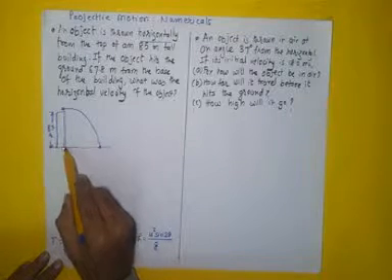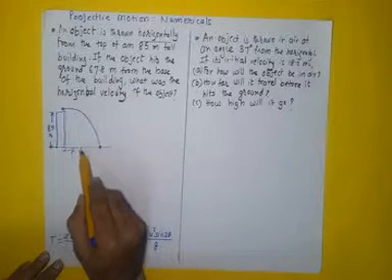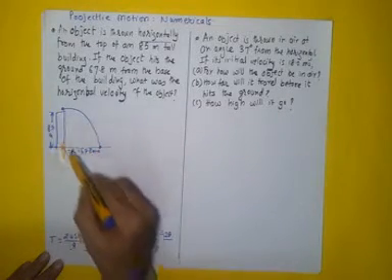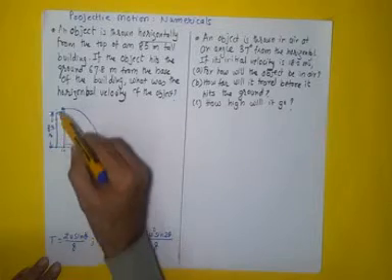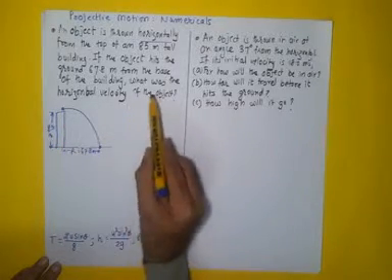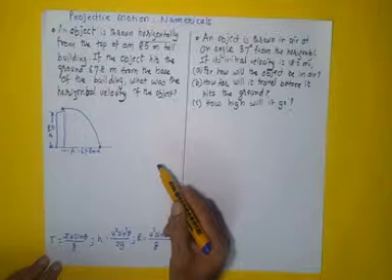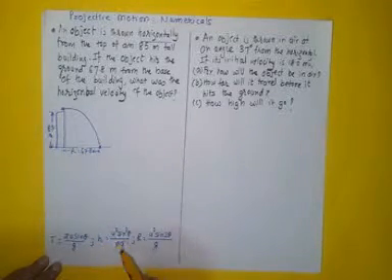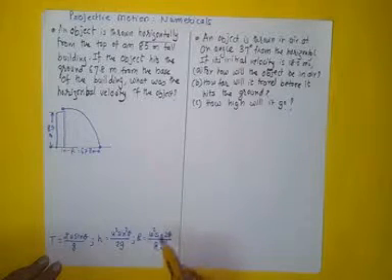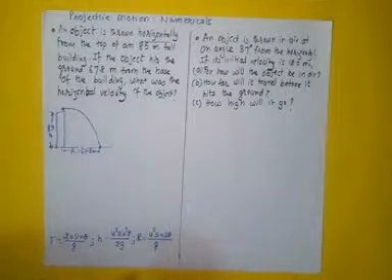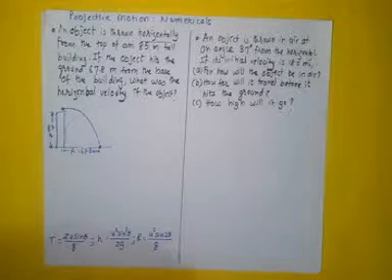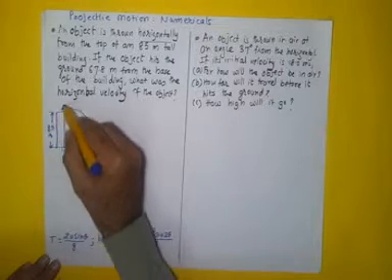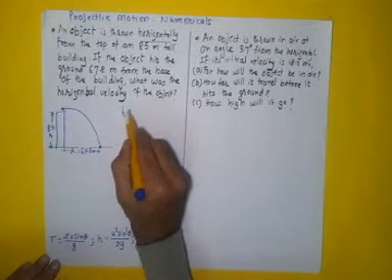And the range, this R, is 67.8 meter. So we've been given these two things, the height of the tower, the height through which the object falls, and R, and we're expected to find out the horizontal velocity of the object. Now we can start by using H is equal to u square sine square theta upon 2g, and R is equal to u square sine 2 theta upon g. Let's see, first we'll start with H. We know that the height through which this object falls, H, is also given by